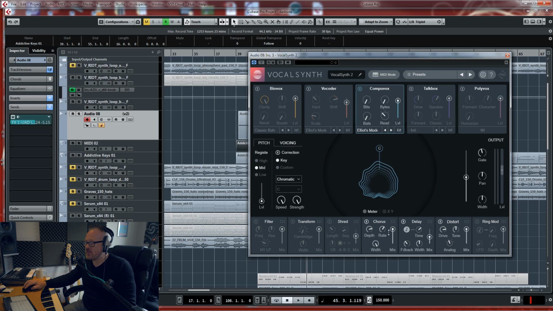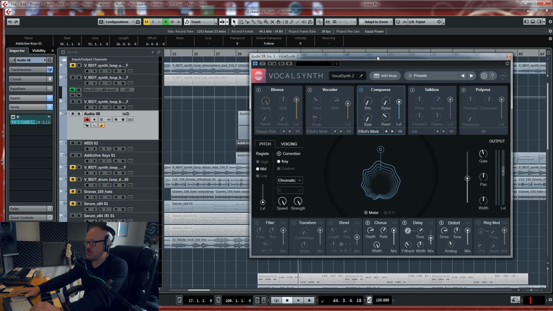There's a couple of things I'd like to see. Some kind of compression or limiting going into it. And it's got a delay and everything, but there's no reverb on there. It'd be nice to see a reverb. I mean, it's no biggie. You've got compressors and reverbs in your DAW already, but it would just be nice to have everything set up in a preset, with different reverbs and whatever. But yeah, I'm really liking this.